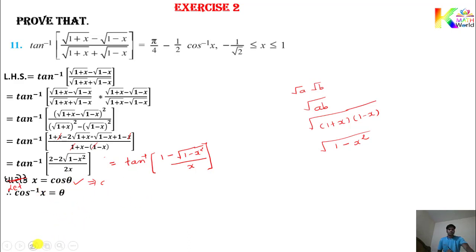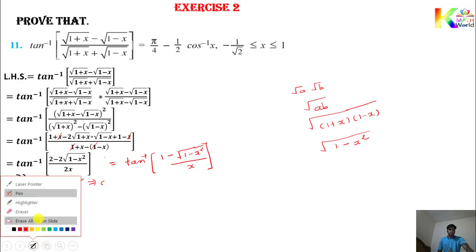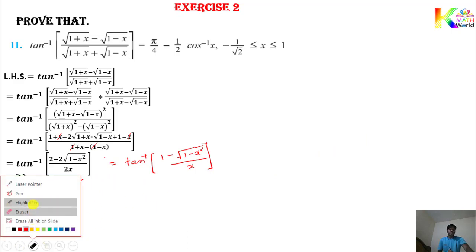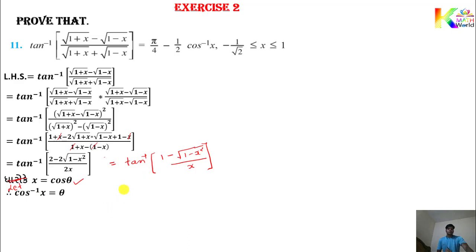So cos inverse x equals theta. Okay. So in the next step we get, replacing this value here,